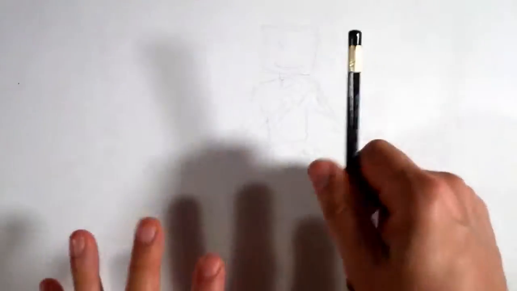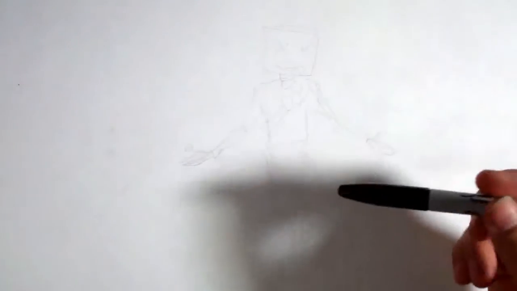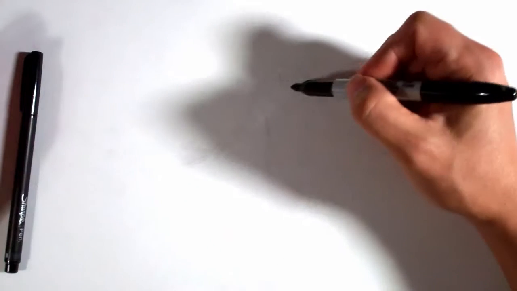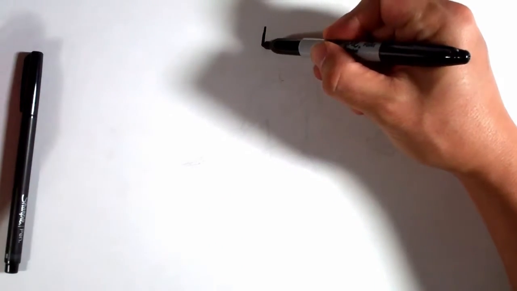Okay, so I'm done with that, so I'm going to switch over to some Sharpies so you can see now. And you can use a pencil or start with a Sharpie like me. I know where everything's going to be, so I'm just going to start drawing on the paper now. So I'm going to give him his big square head. So we're just going to draw a big square right here